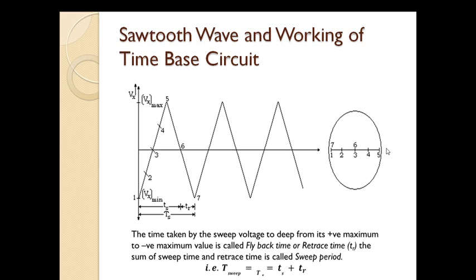Then from point number 5, the voltage goes to point 6. The electron was at point number 5. Now at point number 6, the voltage is 0, so it comes back to the center. At point number 7, the polarities again change. This plate was positive, now it becomes negative, and the other plate becomes highly positive because this plate is highly negative, since at point 7 the voltage is at its maximum negative.